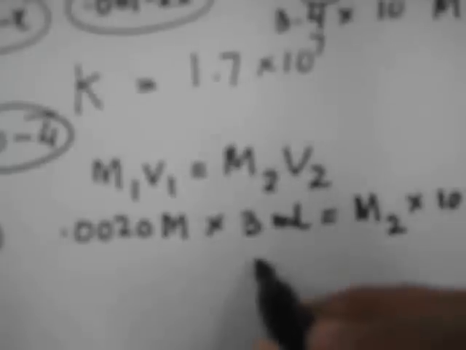To get the new molarity, which is your M2, you have to know the new volume. The new volume will be the total of the whole volume. You can see the H2O is 7, thiocyanate is 0, and ferric nitrate is 3. So 7 plus 3 is 10 milliliters. So your V2 will be 10 milliliters. And from this you can calculate the M2. M2 is 6 times 10 to the negative 4th molar. So that's how you calculate the ferric ion concentration.